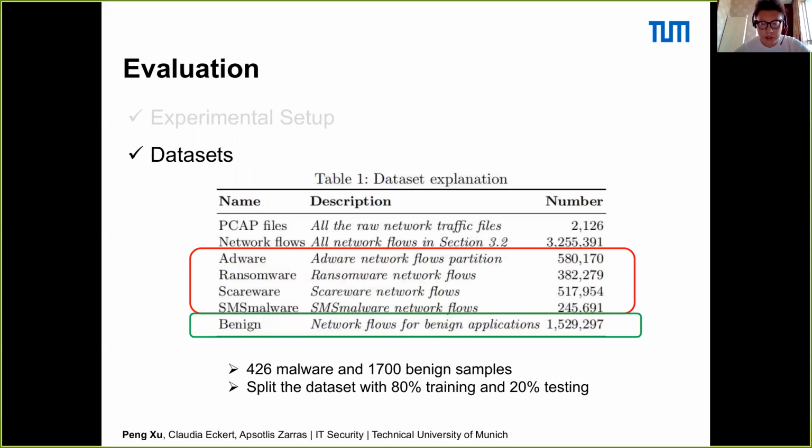For the dataset, we got our dataset from the image sequence and also the image from the 226 malicious samples in 4 families, and also the 1,700 binary samples. We split our dataset with 80% for training and 20% for testing. So that means in total we have the